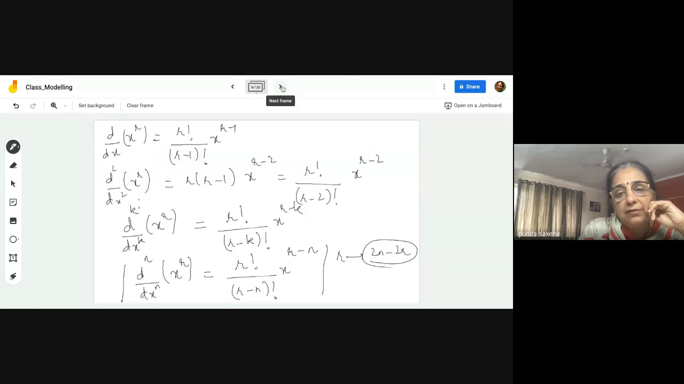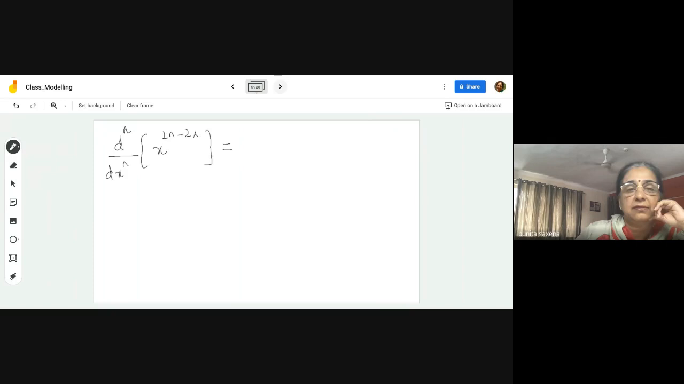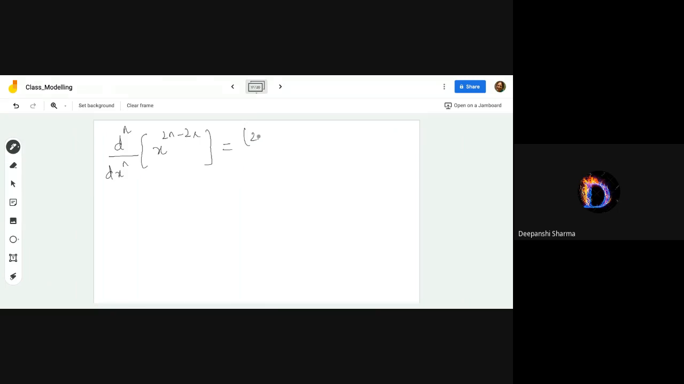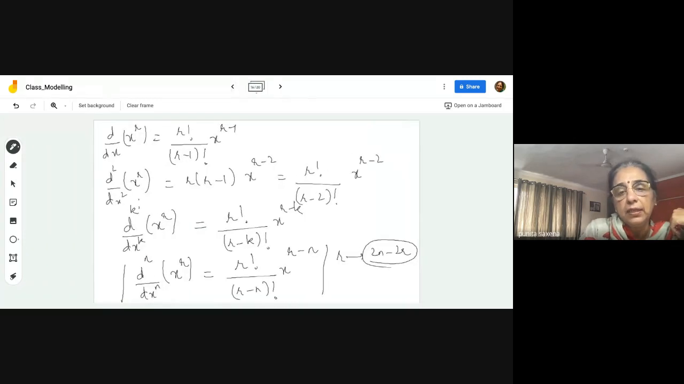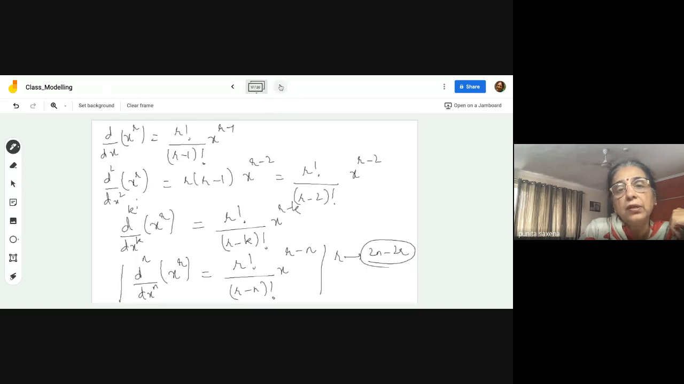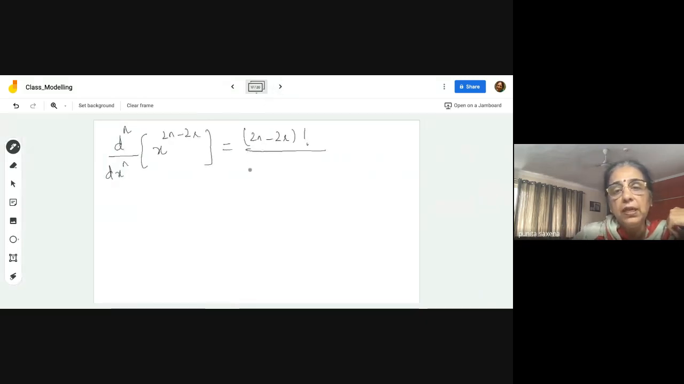What will be the numerator? 2n minus 2r factorial. Now, what should be the denominator? It should be r minus n. But instead of r, what do we have? 2n minus 2r. So it will be 2n minus 2r minus n factorial